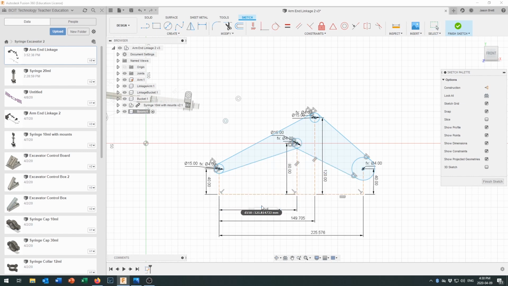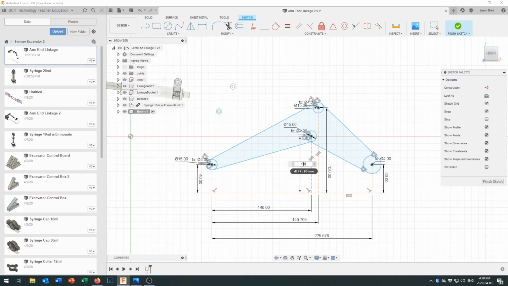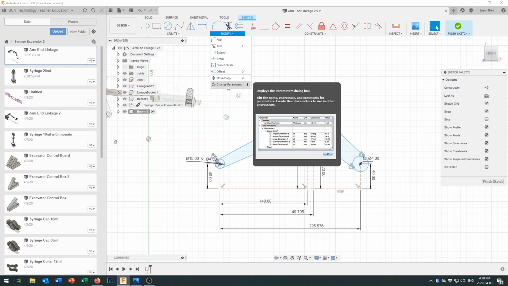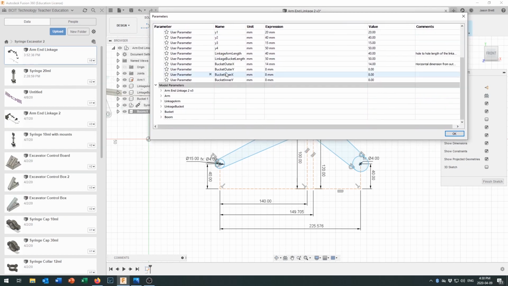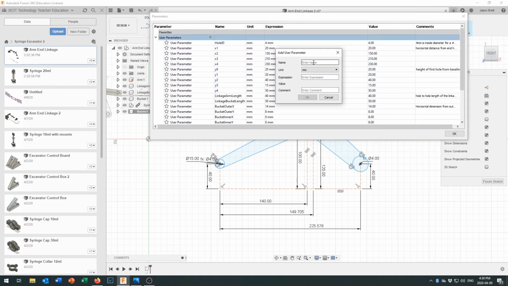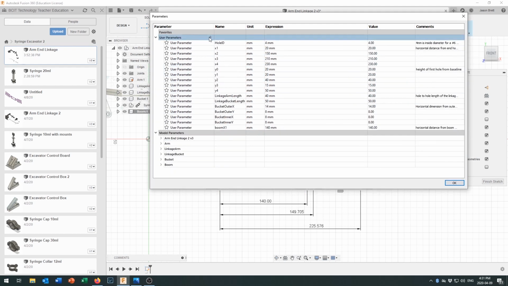And now when I adjust that location, then the entire shape changes right in there. We didn't do that on the last one because it was just one previous step. We're going to go back and we can edit that up a little bit later on. So now it's time to parameterize our dimensions in here. So I'm just coming along and giving them some different names and remembering to add the occasional note so that I can figure out what these are supposed to do when I take a look at them